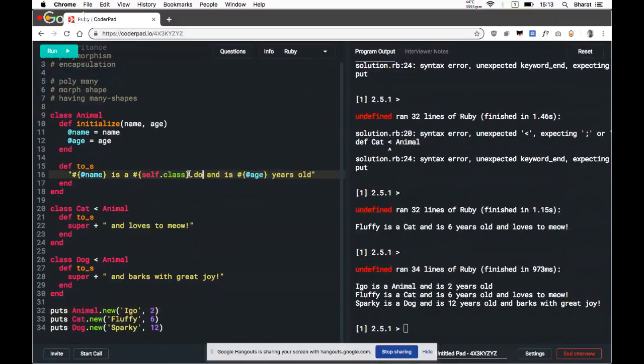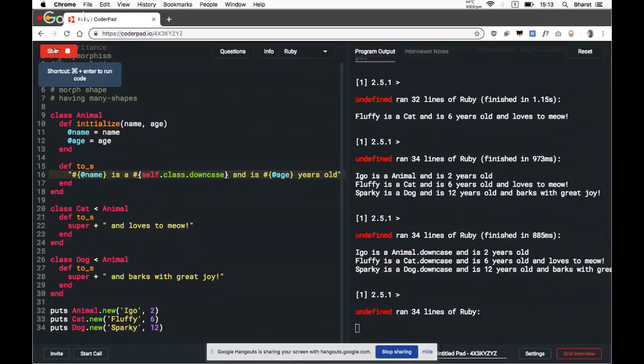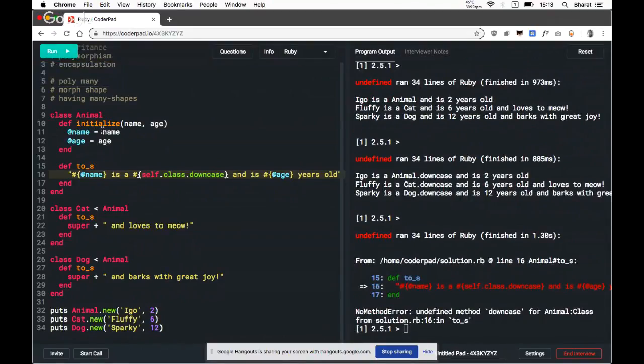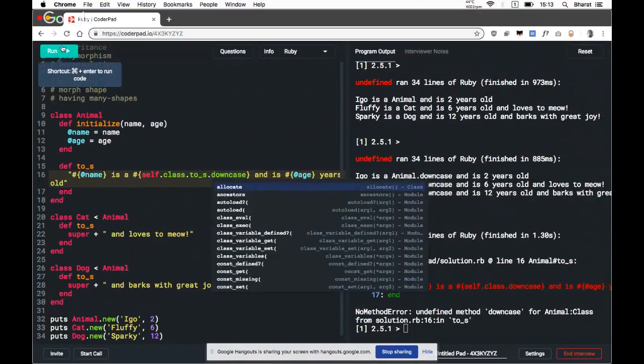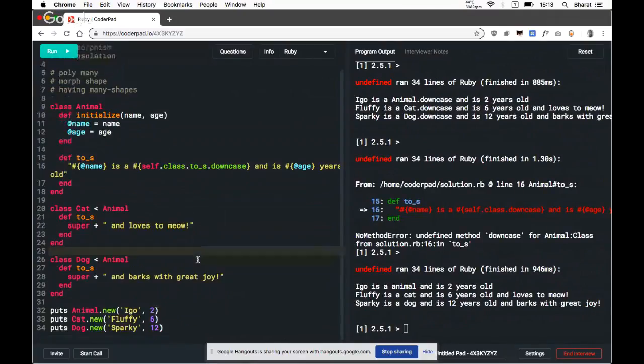Okay. So this is my understanding of polymorphism, where animal responds to the message in a certain way, cat responds in a certain way, and dog responds in a certain way.